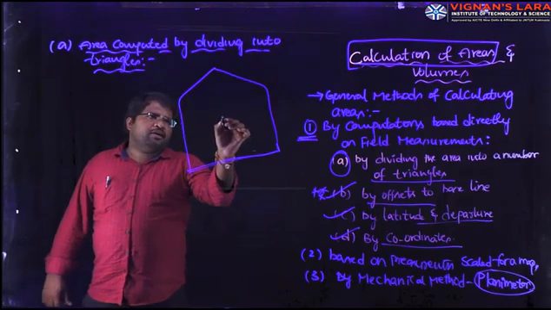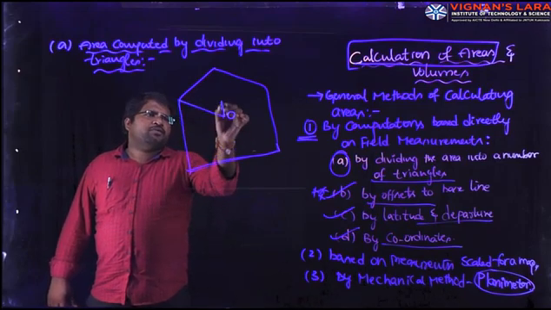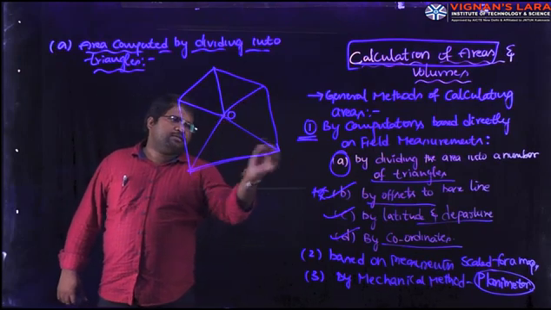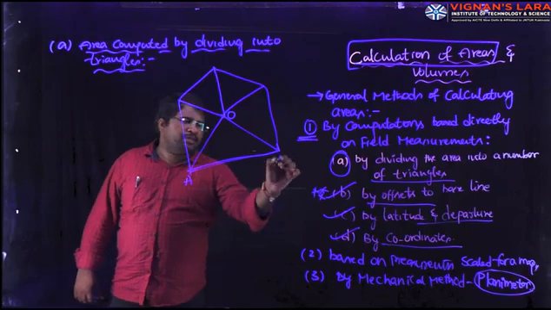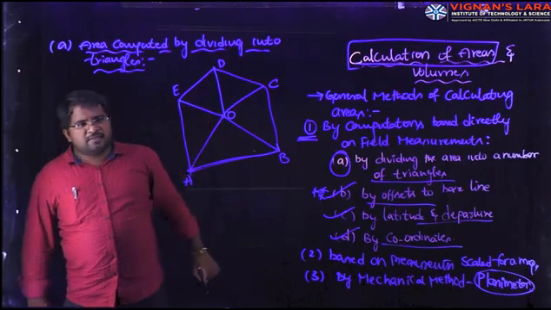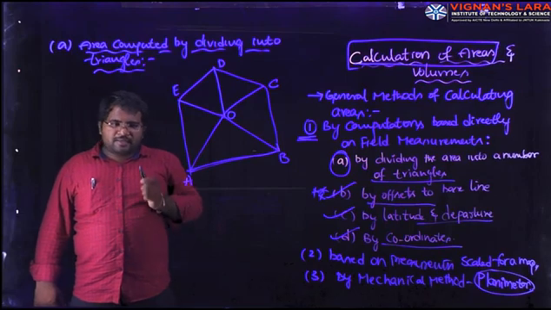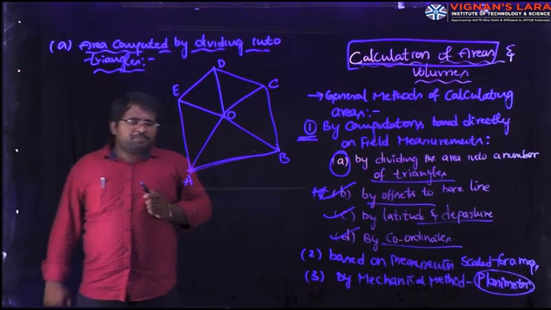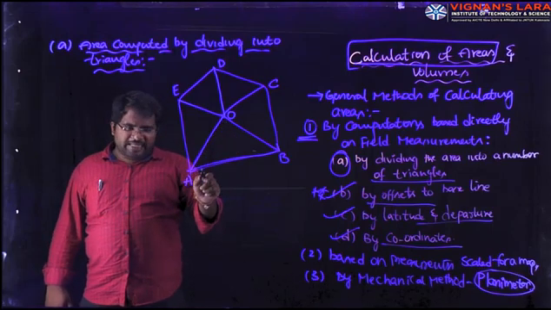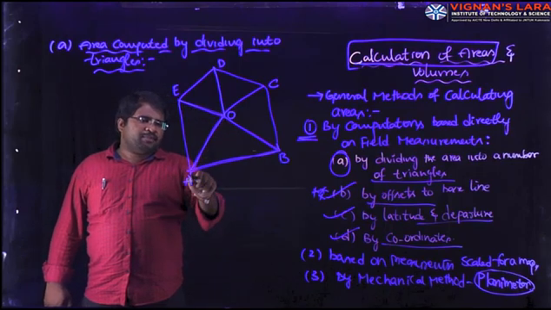What do I have to do now? I am going to take one control point O here, and measure distances to each and every corner. I am taking these as A, B, C, D, E. I am going to divide the given area into a number of triangles. Here I am going to measure either one length and one included angle, or three sides. I can even measure all three sides.